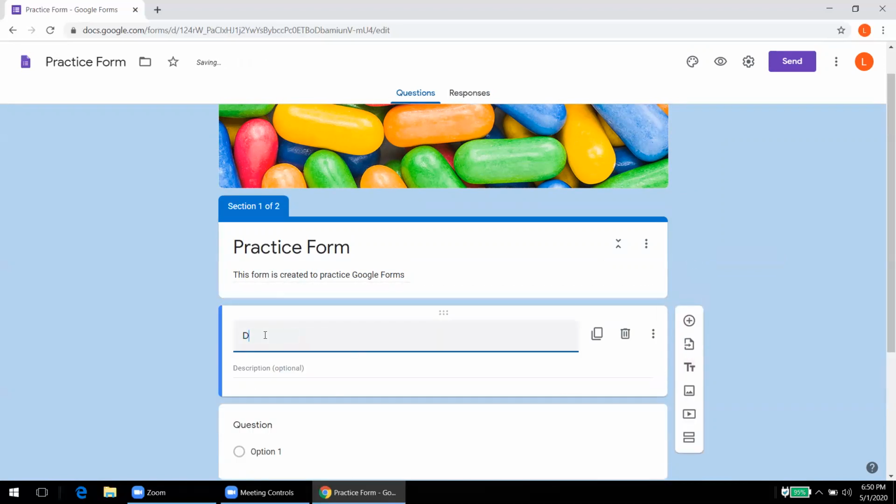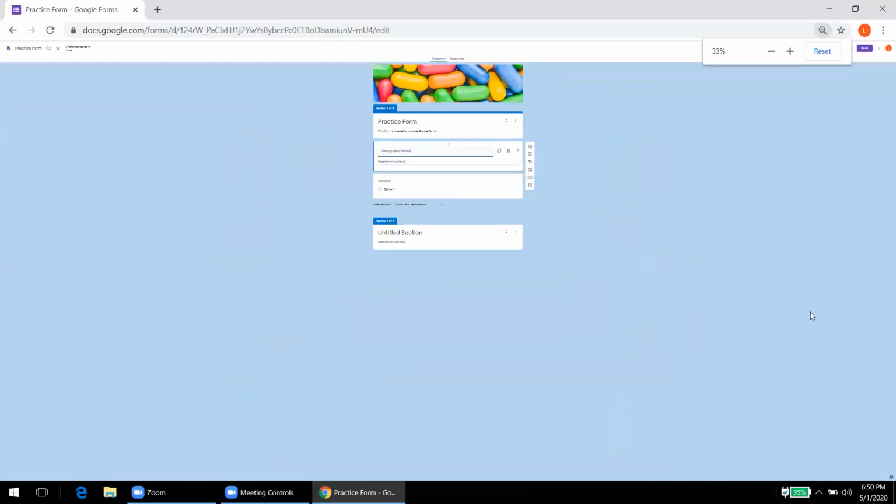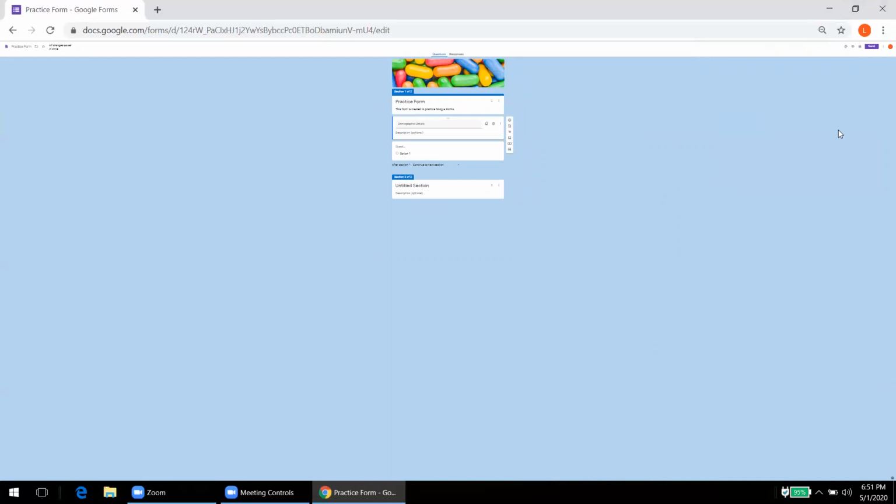I can say that these are the demographic details of the student. Now in demographic details, the first thing we ask is